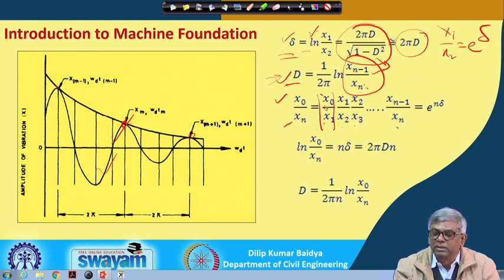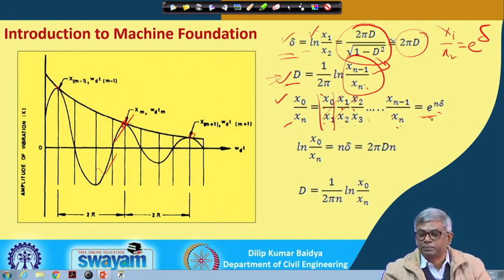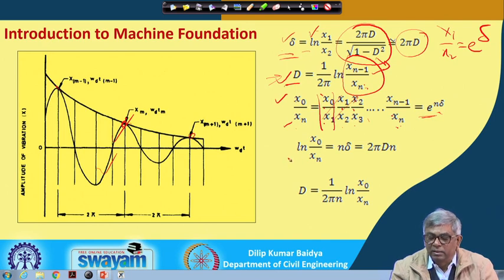So this is e to the power delta, this is another e to the power delta, and another e to the power delta, and they get cancelled. Ultimately x naught by xn remains, but if I put the individual values it becomes e to the power n delta. Taking the log, ln x naught by xn is n delta, and delta I have already shown is 2 pi d. So 2 pi d n, then d becomes 1 by 2 pi n ln x naught by